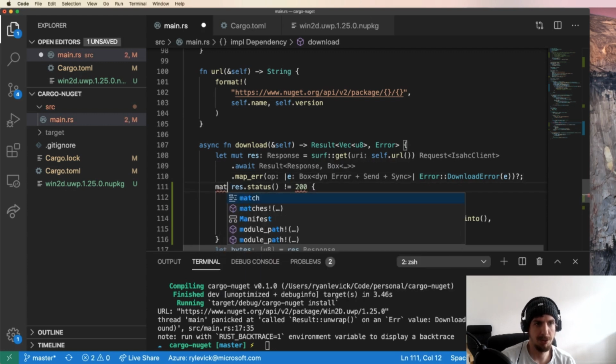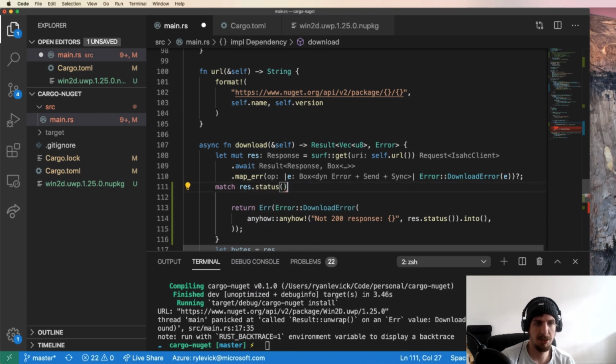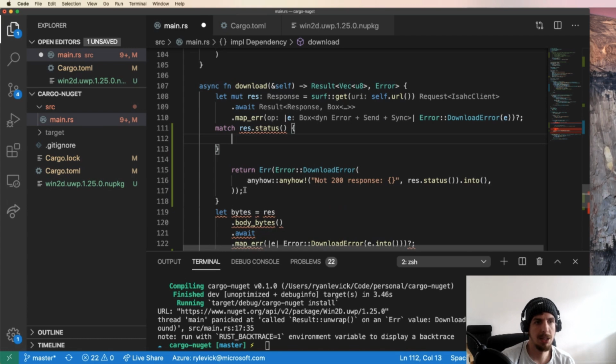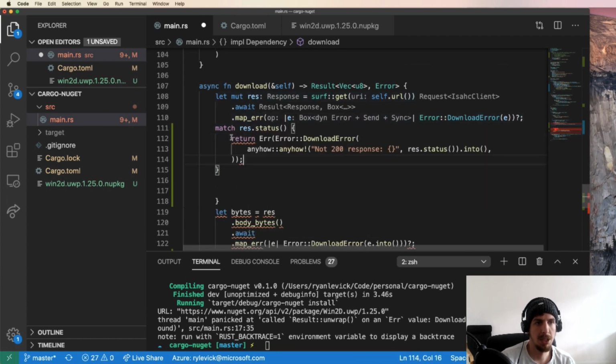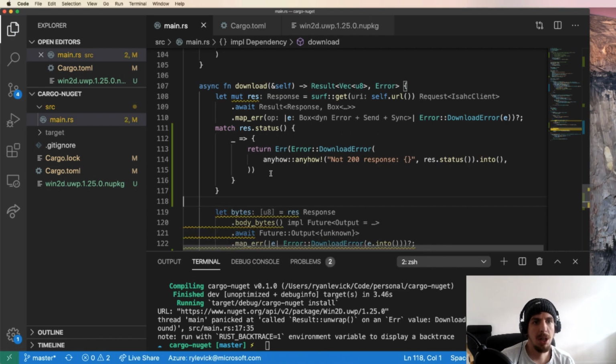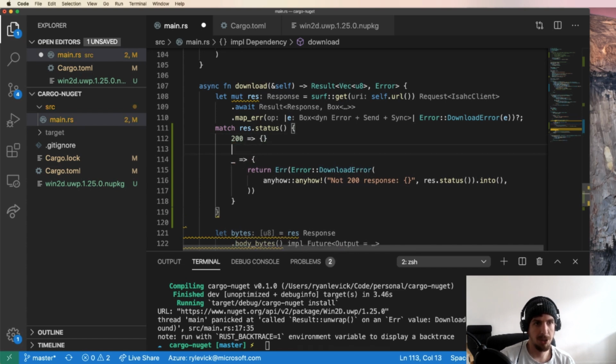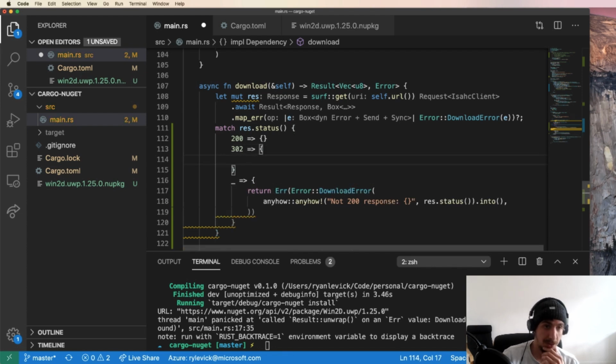We could probably turn this into a match on status, and say that if it is one that we don't handle, we just do this. And if it's a 200, we're good. And if it's a 302, we need to do something else instead. We need to get the